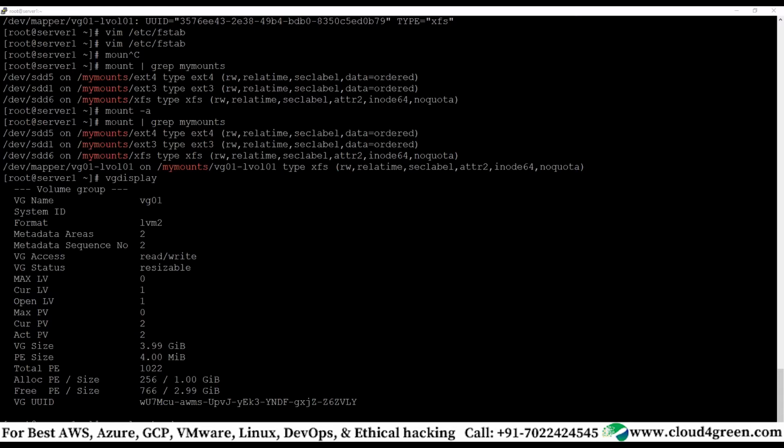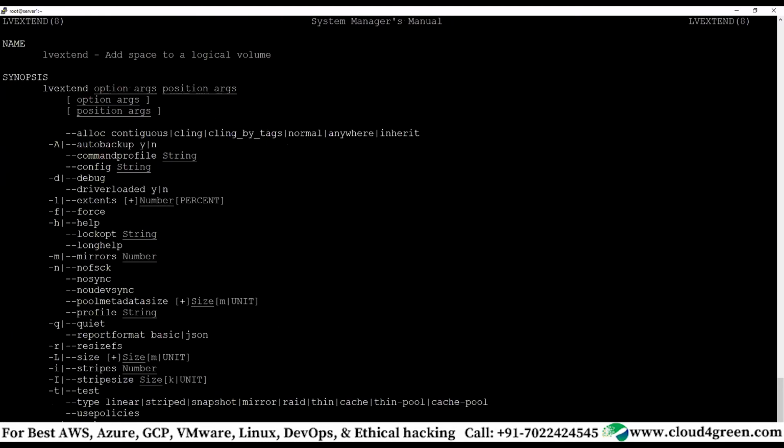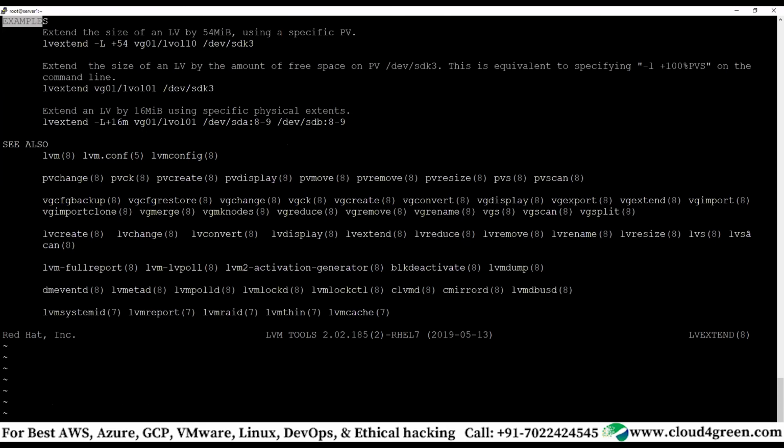So we will see both the lvcreate, sorry, not lvcreate, the lvextend command. Okay, man page example. I'm showing you this because at a later point of time you don't have to search. Where do you search when you forget what the command or the switch is? It is there in the system itself. You don't have to use Google or anything.